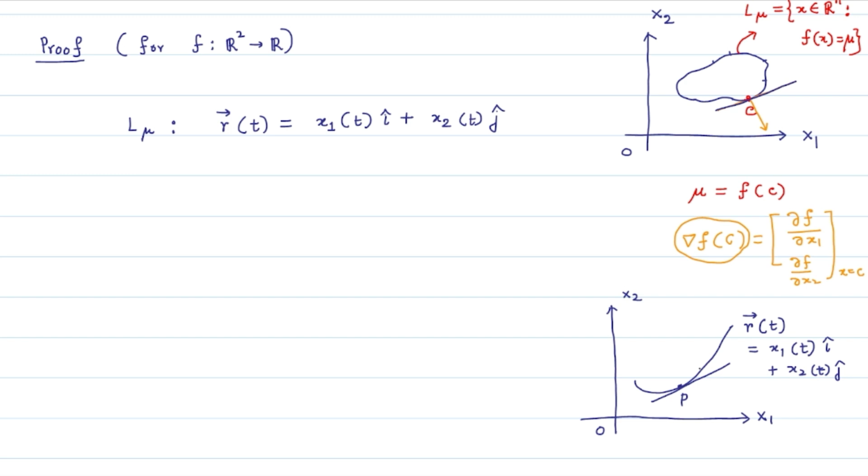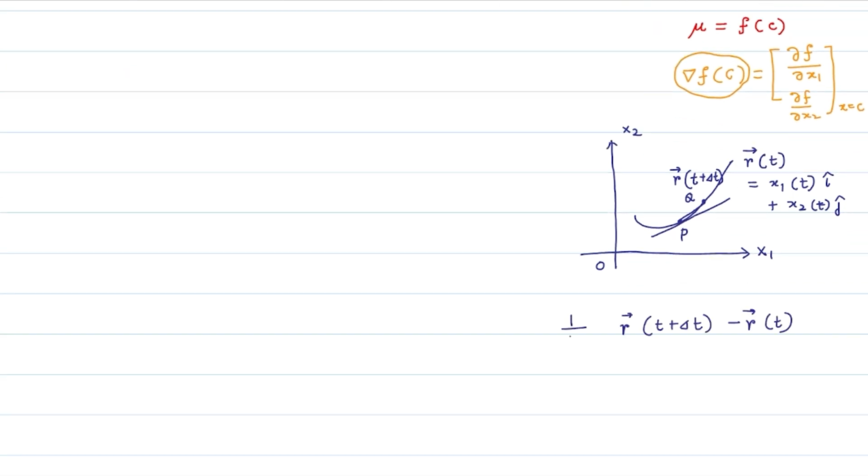Accordingly, we will get a point on this curve and calculate the position vector at the parameter value t plus delta t. Let's suppose the position vector r(t plus delta t) is this point, say Q. Now we consider this chord PQ on the curve. Notice that 1 by delta t times this vector is the direction of the vector PQ when delta t is very small, and in the limiting case for delta t tends to 0 of this expression gives us the tangent's